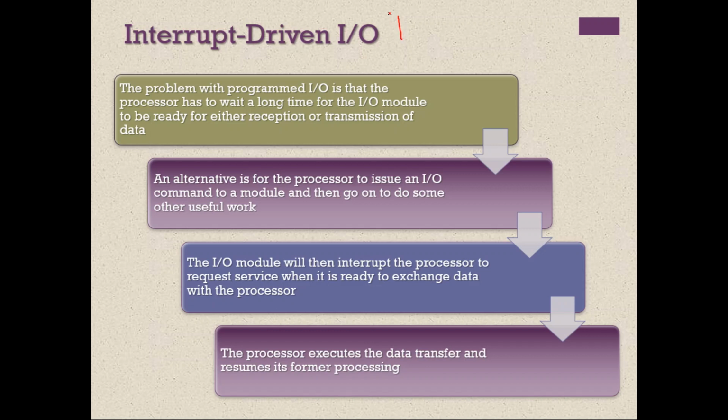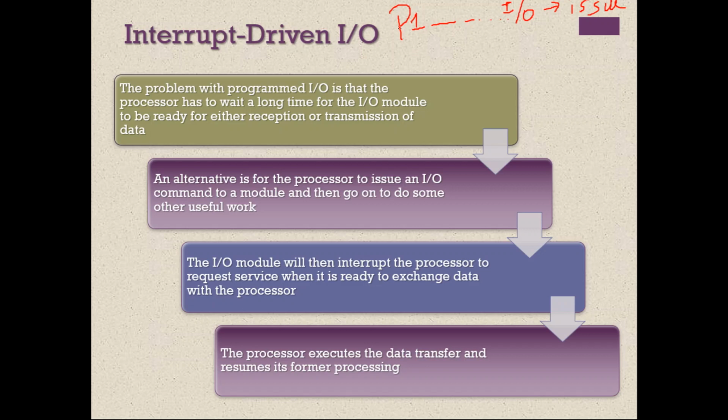Fine. So to have a better clarity, let us assume like this. Say initially the CPU is executing a process P1. It is executing for some time, but at one particular time, say the process P1 wants to perform an IO operation. Now what will the CPU do? It will issue an IO command, but it is not going to wait for the IO to complete. IO may take a lot of time.